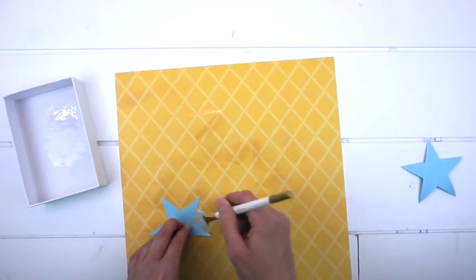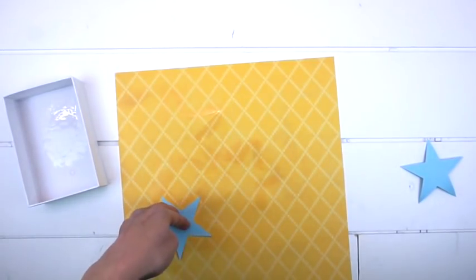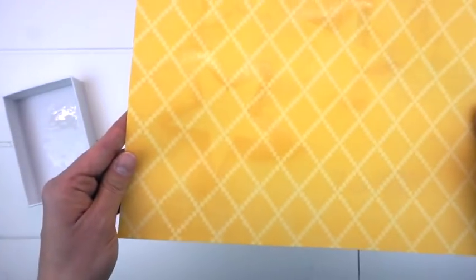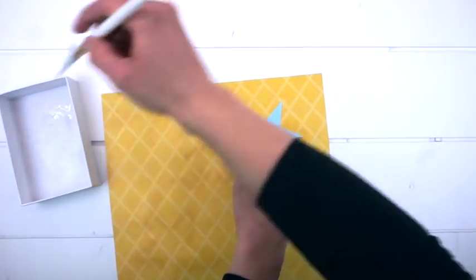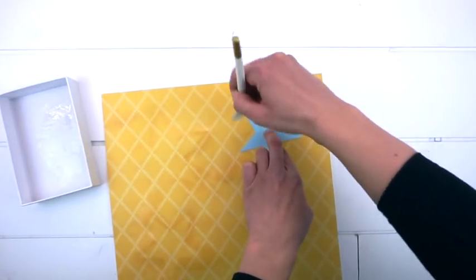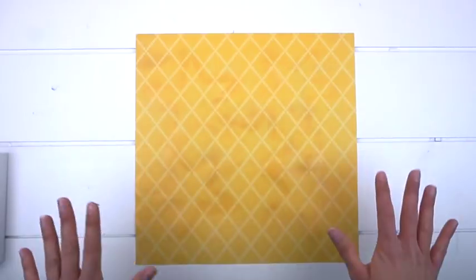And you don't need a ton of product on your brush, just enough that you can see it remove. So that one, you can kind of see the outline. So it's really, really fun. I can't wait to try this technique with hearts and circles, squares, really any shape will work. I need to get a little bit more on my brush. So once we have all our stars